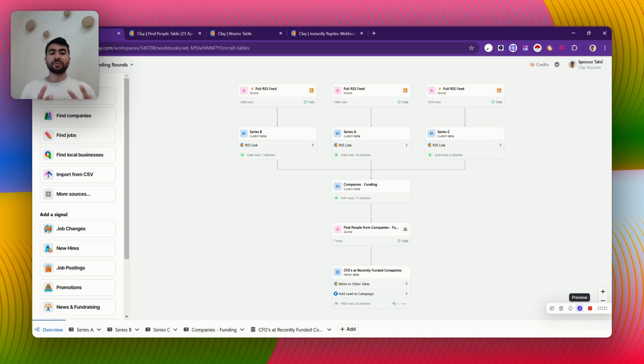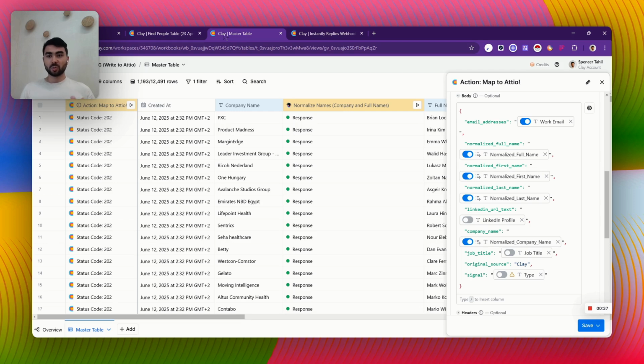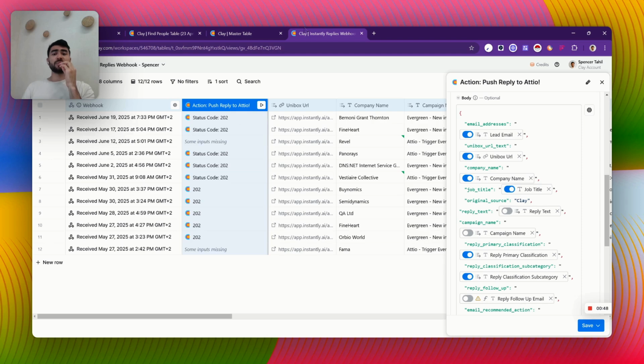So on your screen, you're going to see four Clay tables all connected together in some sort of way. The first one that I'm going to walk you through is the funding round RSS feed table, the workbook here. The second is a find people column that runs every week on a schedule. The third is the custom Attio mapping table that goes through pulling everything that we've sequenced and pushing it into Attio for safekeeping and also logging. And then the fourth table is going to be every single time somebody responds, how do we actually push that